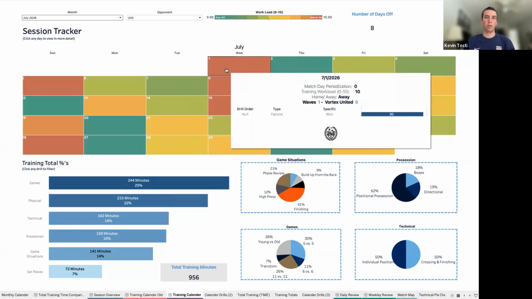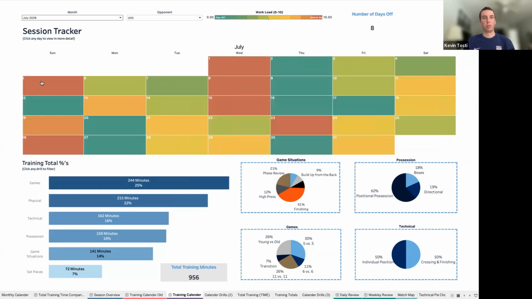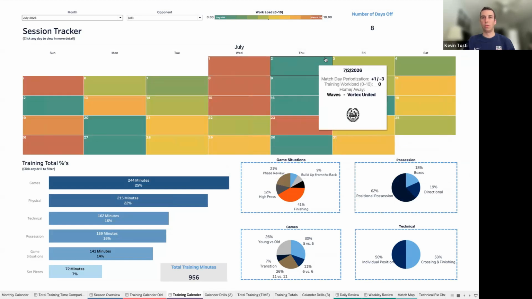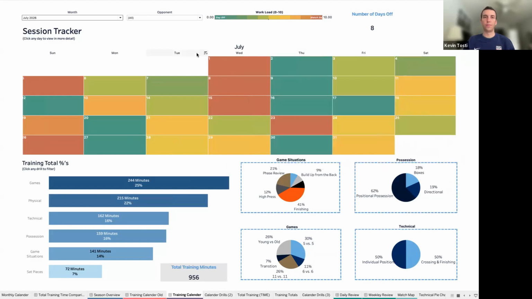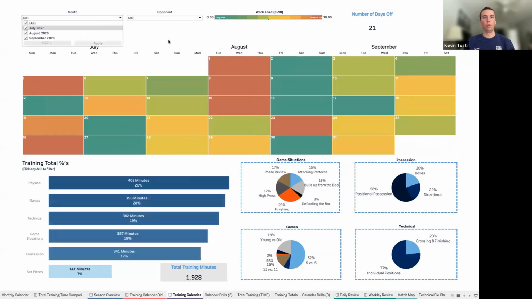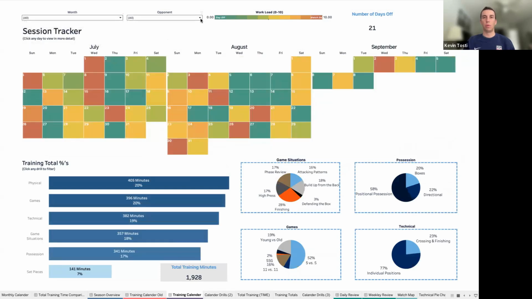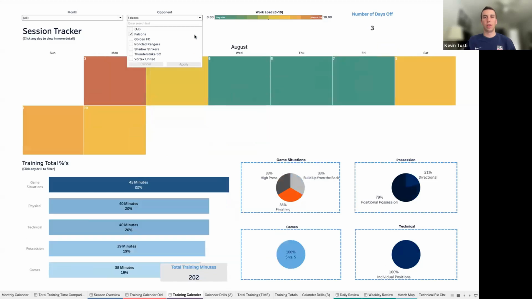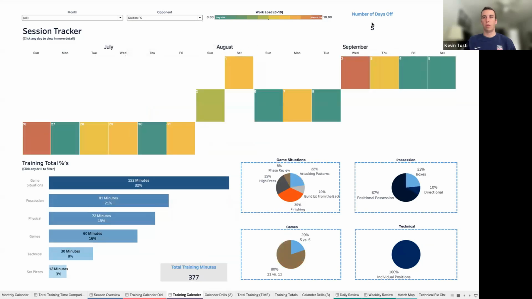So we can see this week here, we had a match on a Wednesday, then we had a match on a Sunday. So we can look at what we did in between. The other filter, when looking at all the dates in one, is the opponent. So if we wanted to know specifically what we did against, let's say, Golden, we can then look that we played Golden.